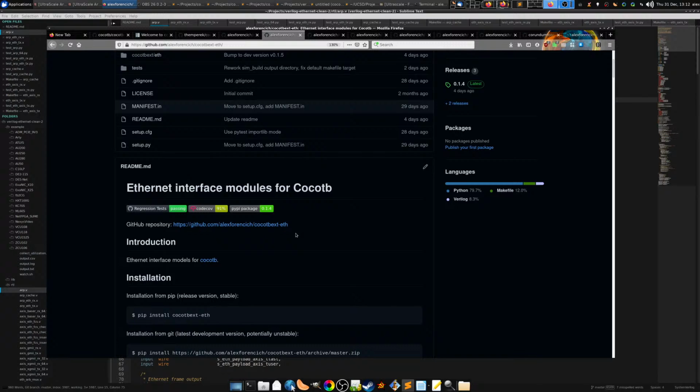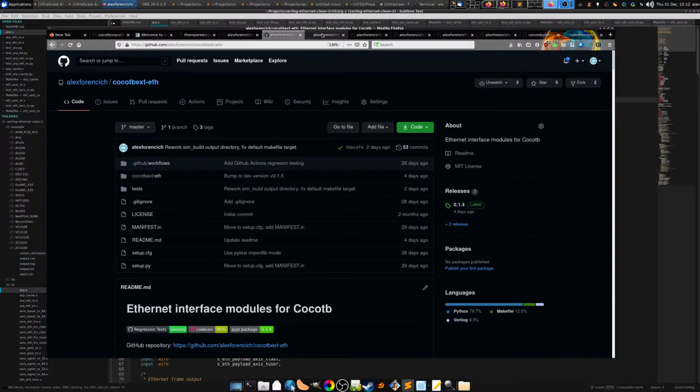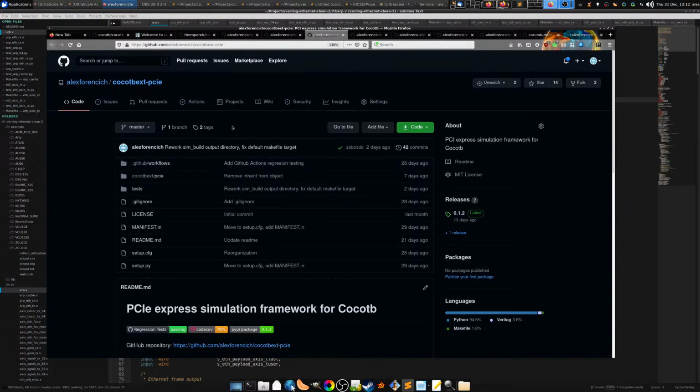Eventually, I'm going to add support for serializer-based stuff. So primarily 10G, 25G Ethernet, but we'll see. Possibly some other stuff as well. And then the big one is cocotbx PCIe, and this one basically has its own kind of